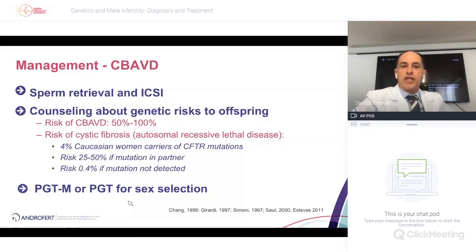Because if the mutation is severe and it's affecting both father and mother, and then transmitting that big mutation to the offspring, the baby could have an autosomal recessive disease, which is cystic fibrosis. So this is why, in my opinion, it's mandatory to test the female, because when I have this